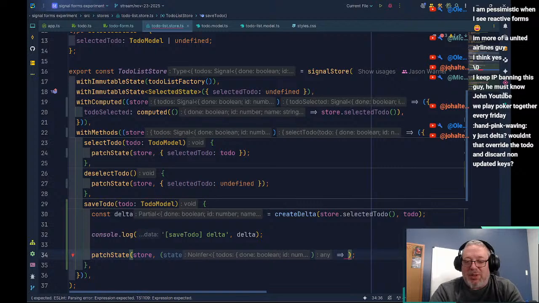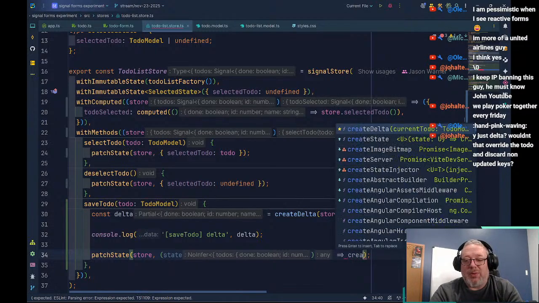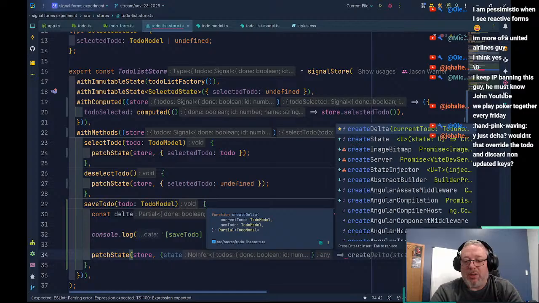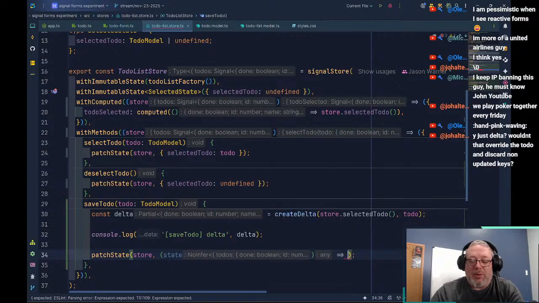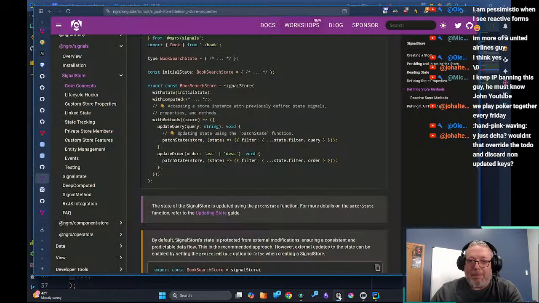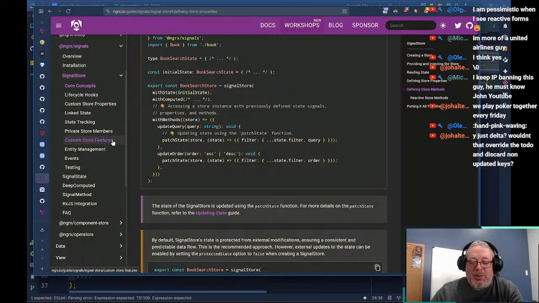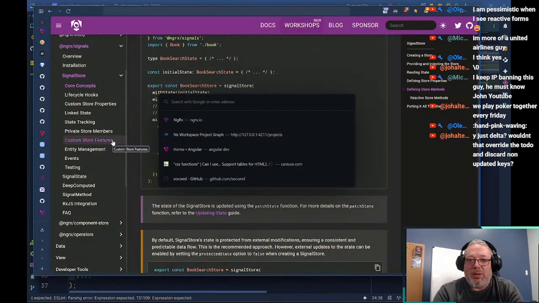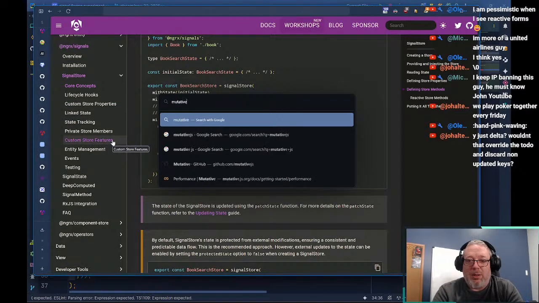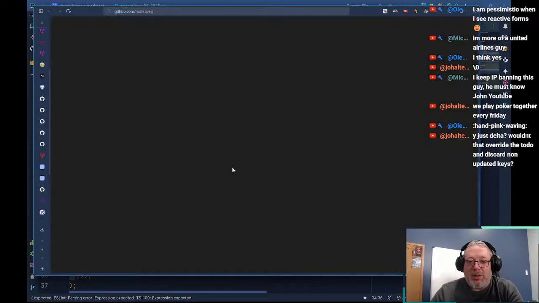If we use mutative, we would use create. Wait, where is mutative? Right here.